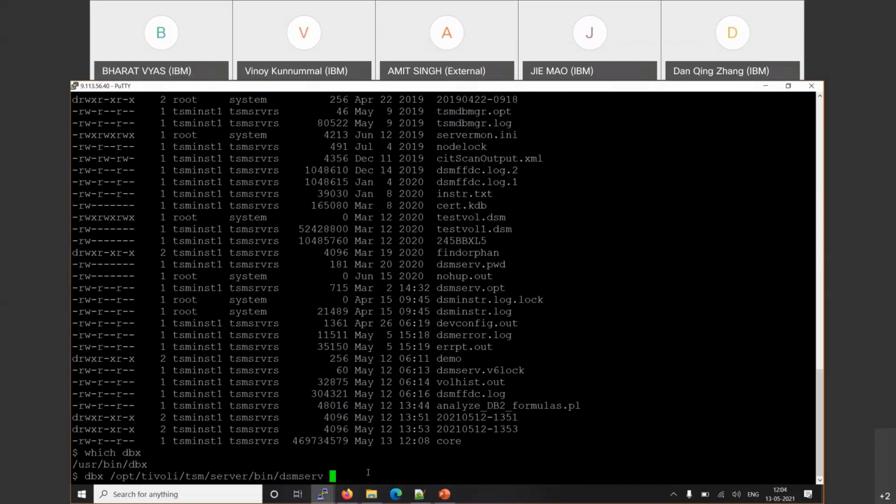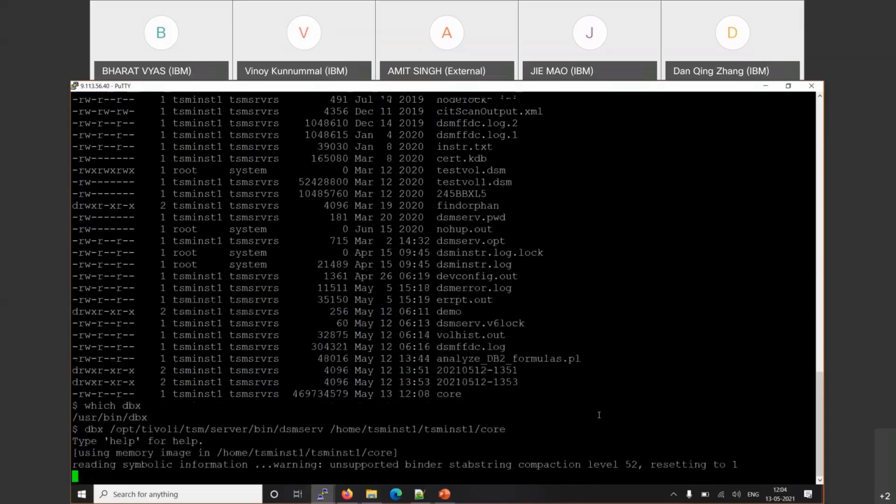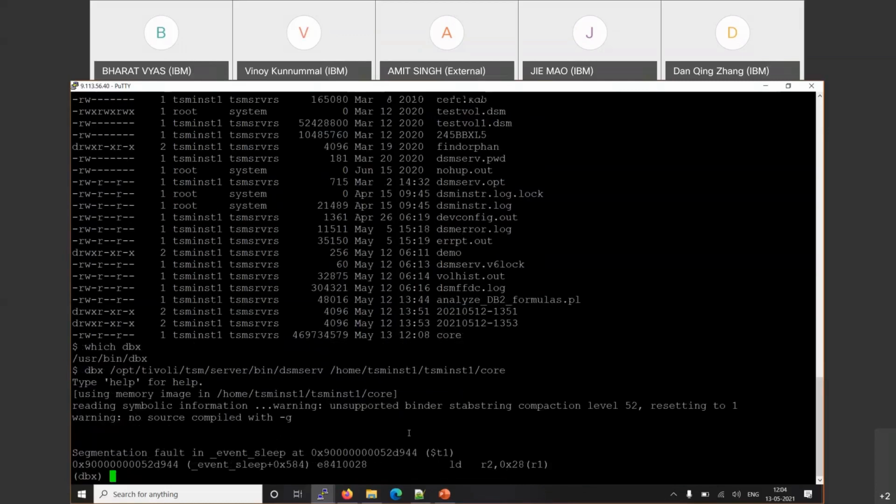Next is the instance path where the core was generated. So this is the path tsm-d1. Here my core is generated and my core file name is core. So let me put the core file name, core. So once I press the enter key, I will receive a dbx prompt.